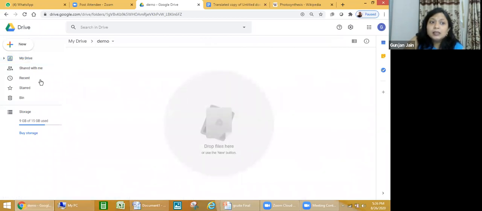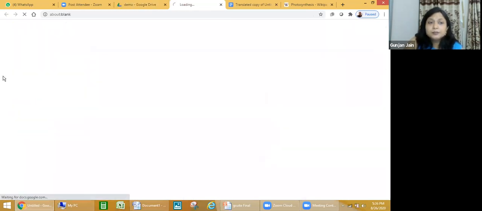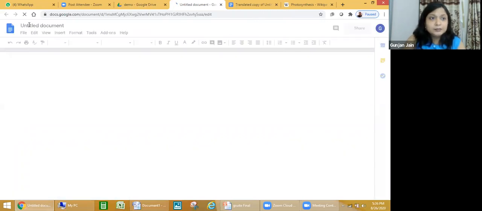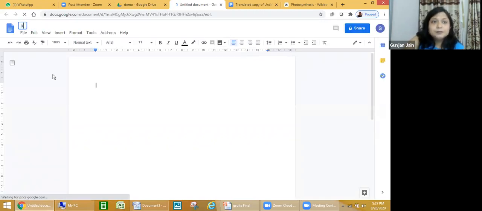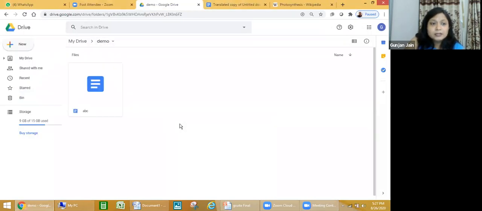Now when this folder is open, then I can create my Google Doc. I'm naming it as ABC. Now I'm closing it. Now see, inside this demo folder, you will find my doc ABC. Okay, so if you are using drive, then you can keep your things more organized. On the other hand, if you're using those apps separately, these things cannot be organized and they will lie as it is on your drive. It will be difficult to find.